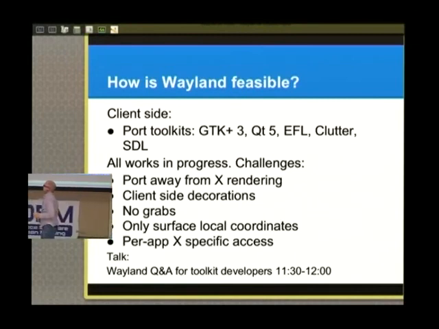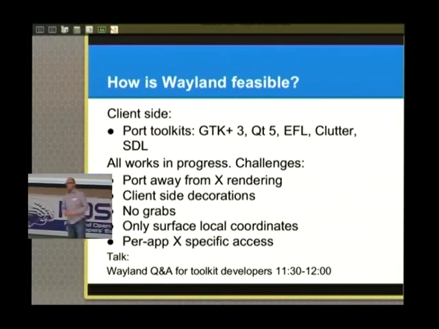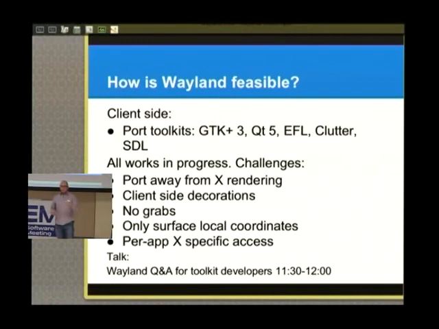So the last point here is that aside from porting the toolkit, which will take care of a lot of apps, there are still apps out there that go around the toolkit and use some X-specific API. Maybe you want to talk to XRender, maybe you want to set a window property on the root window, or you want to do something X-specific. A lot of apps do that. And what happens when you run an app like that is it assumes that it's running under X, and it will cast some object in the toolkit to an X-specific object, and that'll then crash.